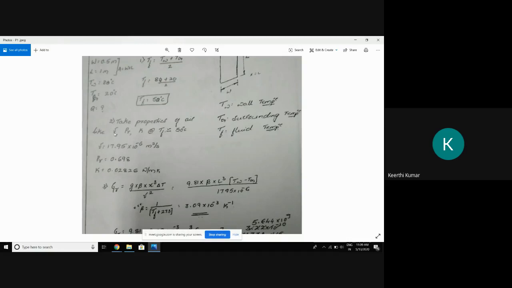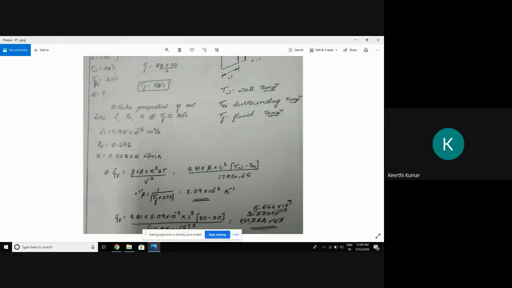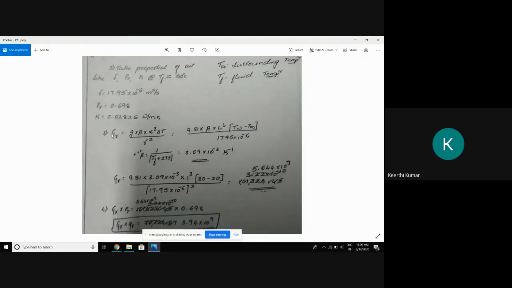Means you can save the time. In the natural convection, rather than mu, we'll go with nu, that is kinematic viscosity, not with dynamic viscosity. This is the preferable one. Of course, we can also do the ratio of this and density, and we'll get dynamic viscosity also later. So take the property. Then the next step to be followed in natural convection is Grashof number.